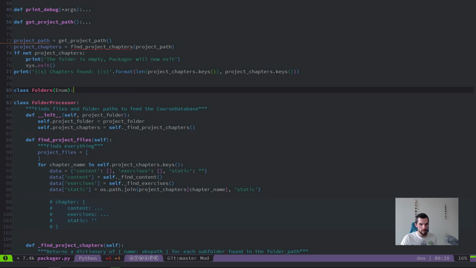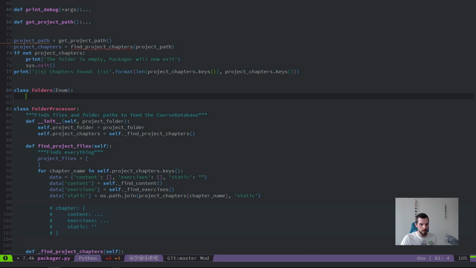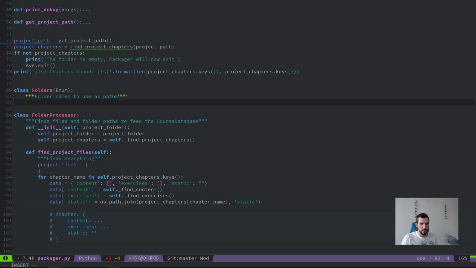I think that's how you do it. Folder names to use as paths. Okay, and it's going to be content. It's going to be folder settings, folders, and